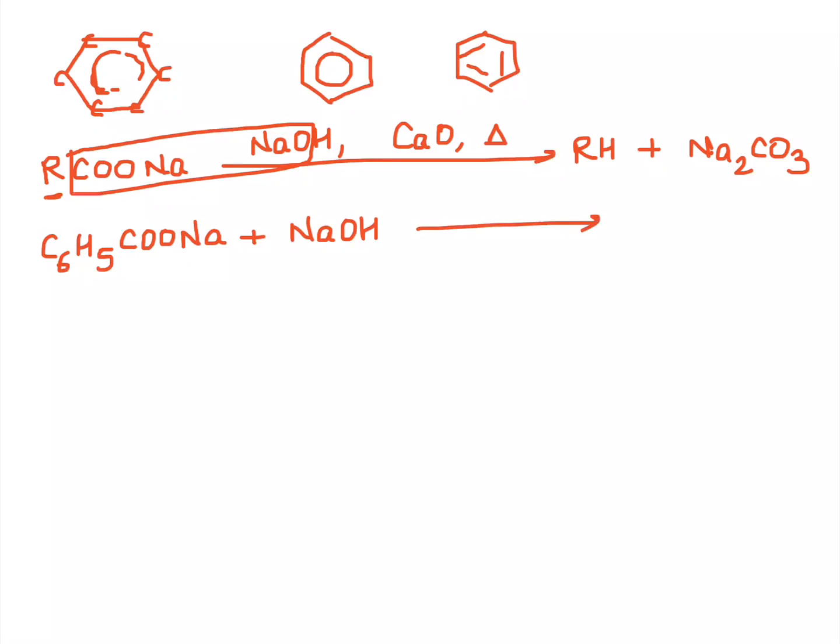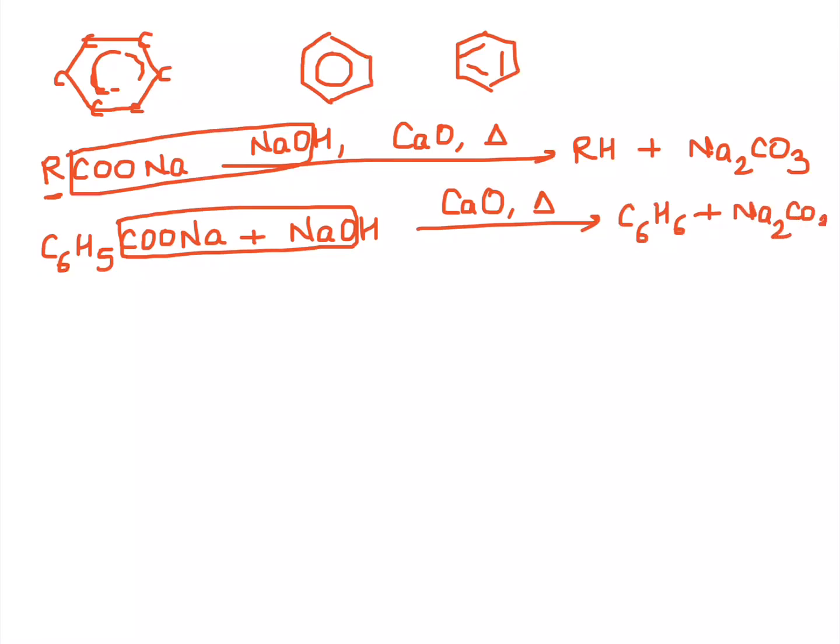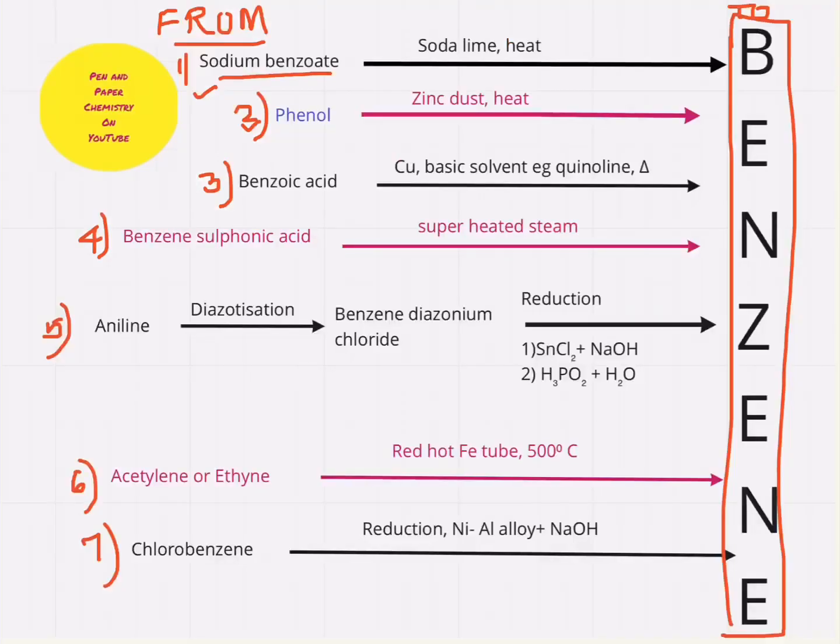Have confidence in yourself. Try writing the reaction yourself. Don't get tense about making mistakes. Unless we make mistakes, we will not be able to learn. Go ahead. Make the box. Write the product. I'm waiting for you to finish it. Great. So you have Na2CO3 again and C6H6. That's the first preparation of benzene. Easy. Let's see the second preparation.